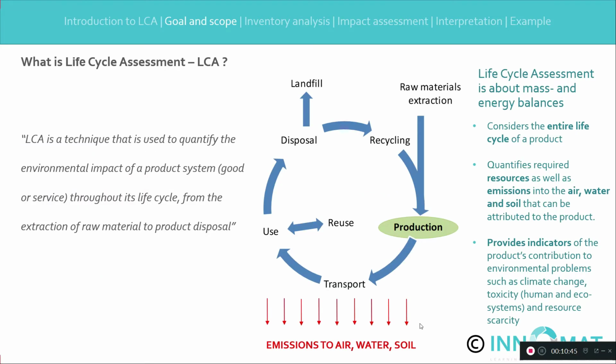LCA is a technique that is used to quantify the environmental impact of a product system, good or service, throughout its life cycle from the extraction of raw material to product disposal. Life cycle assessment is about circular systems, as it is in the name and is shown in the figure. But the reality is that it starts somewhere, materials extraction from Mother Earth or from waste, and ends somewhere, landfill